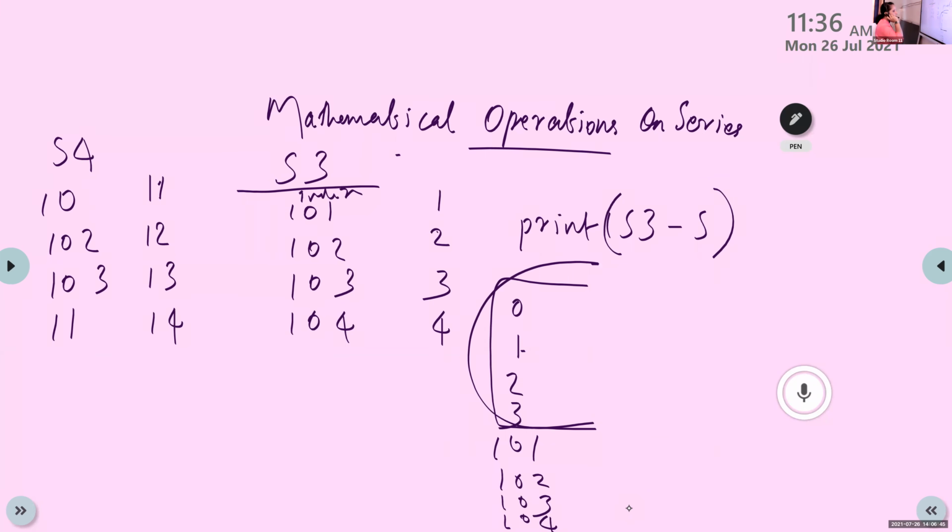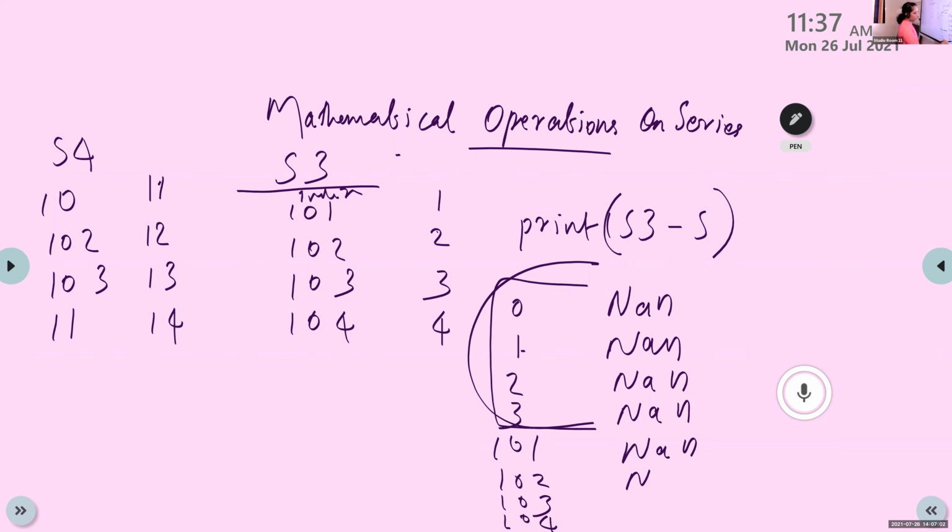The value is NaN. The value is not the same as the content. If the index is different, the result is like this.